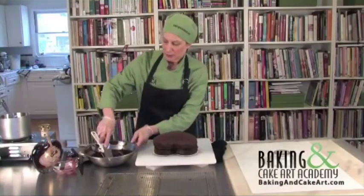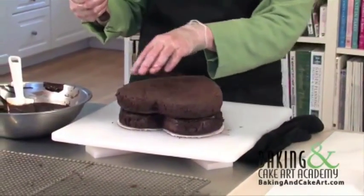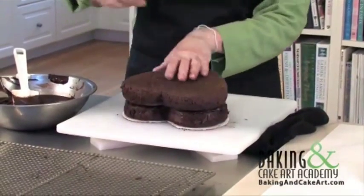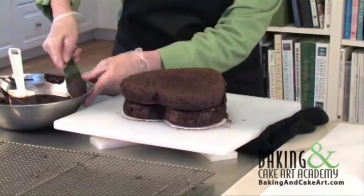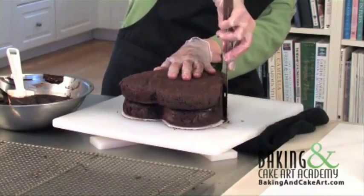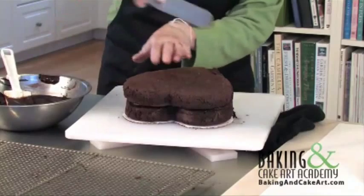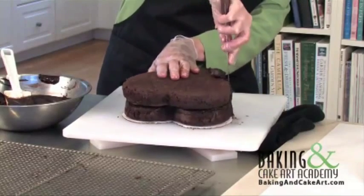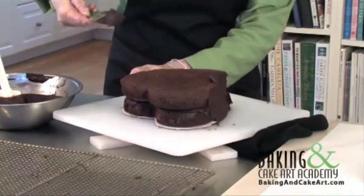Okay, now we're going to begin to crumb ice this, and if you notice, there's a lot of imperfections on this. The cakes are mousse-like when you bake them in the oven, so they're like a custard. So they're not perfect, so we're going to fix that. And you do have to work with this when it's very cold. So we're going to ice this in a typical fashion,